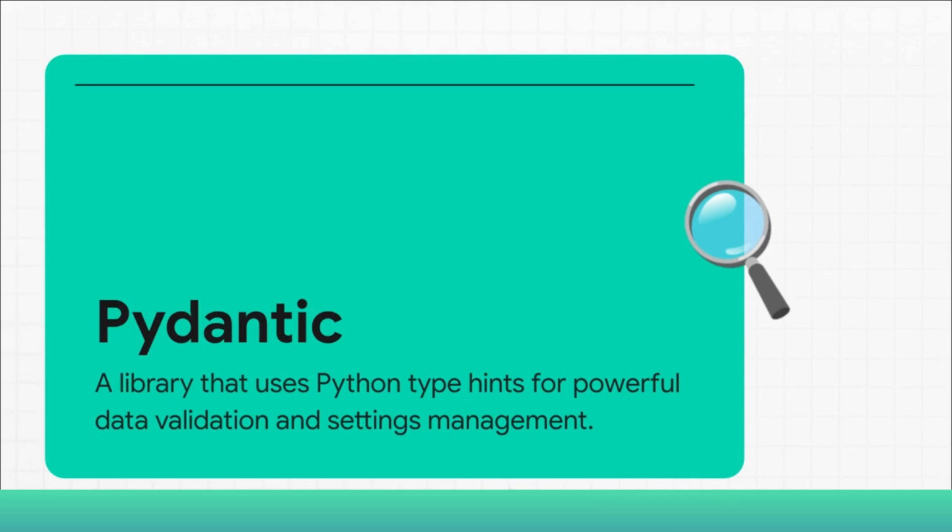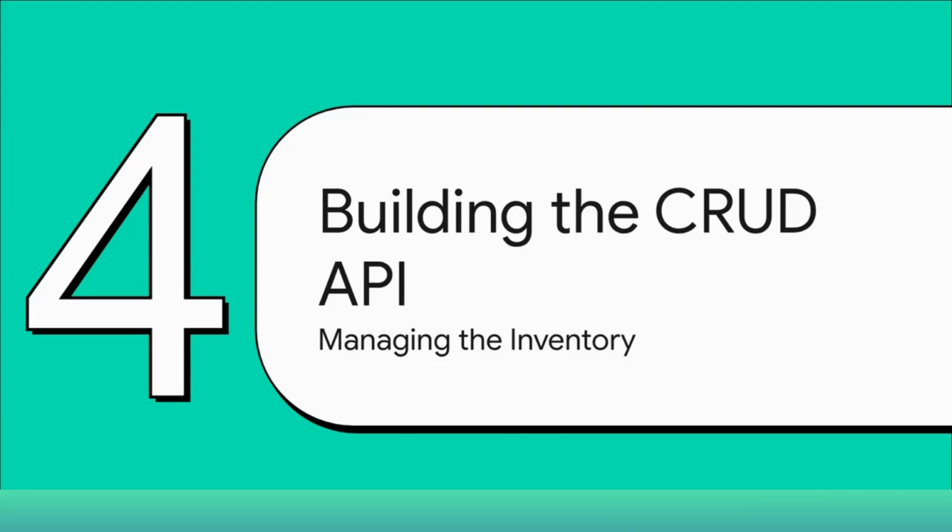So if someone tries to create a product and they give the price as a word instead of a number, FastAPI and Pydantic will just reject it immediately and send back a helpful error message. You get all of this protection for free just by defining that model. Awesome. So now that we can define what a product is, let's build the actual API that lets us manage